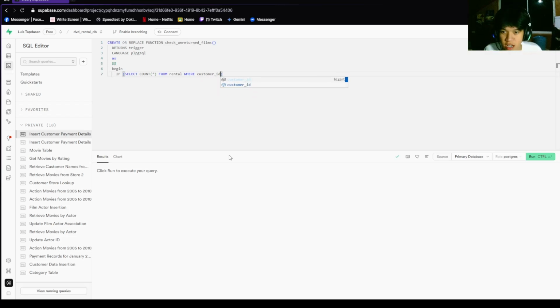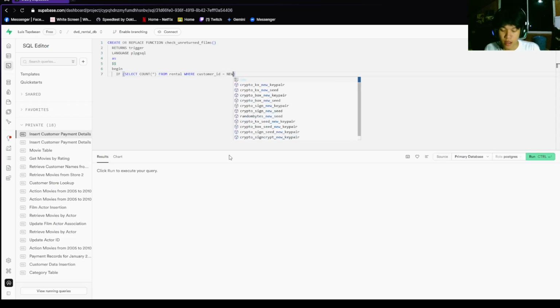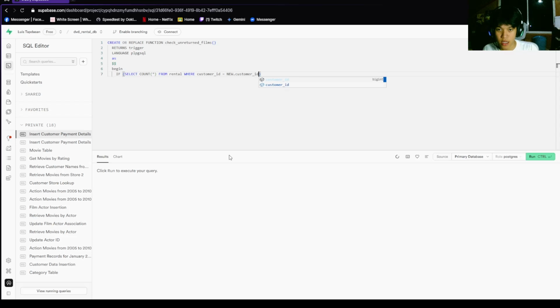So it's going to check the customer with unreturned films, and then new customer ID and return date. It's important to add the return date.